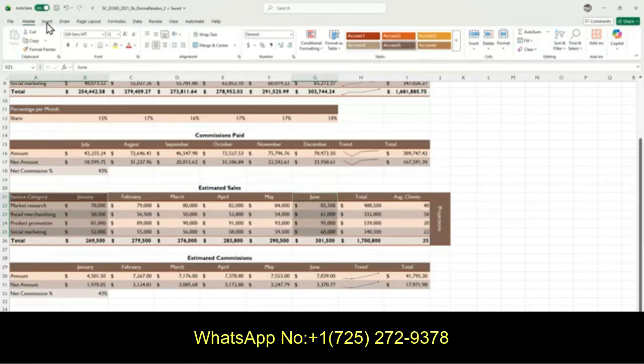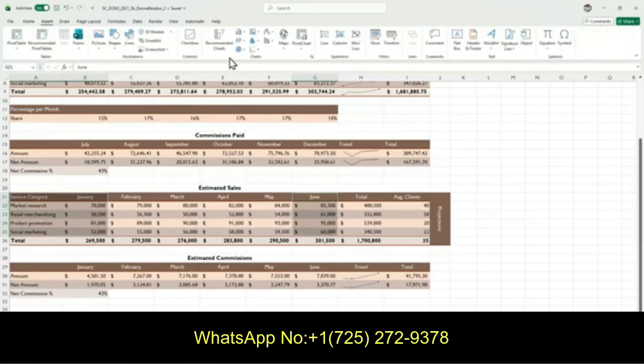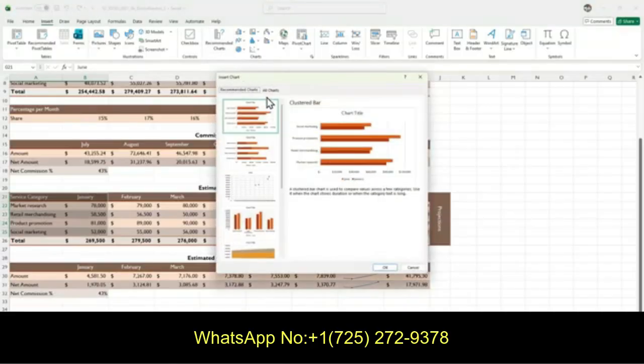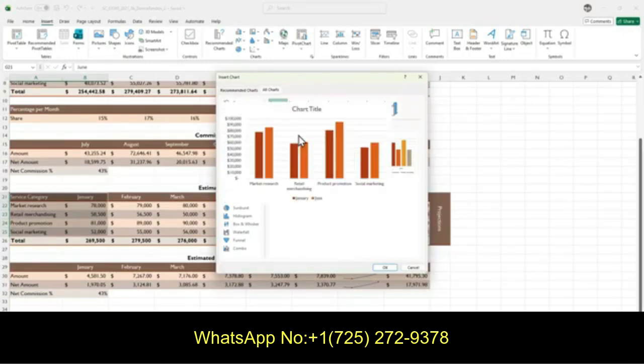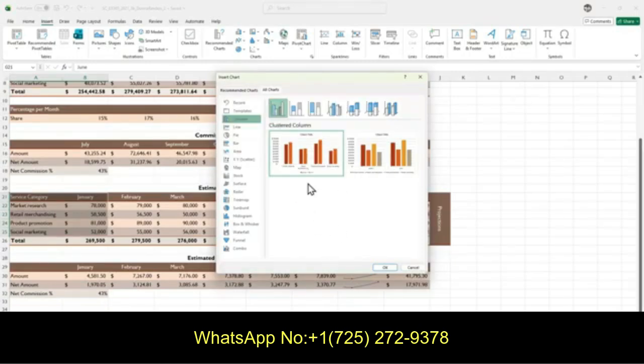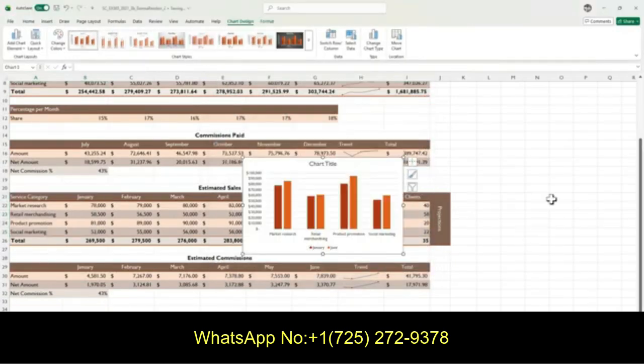And then select Insert, select Recommended Charts, and then select All Charts, and we need the column, right? And look for the clustered column chart, which is actually the first choice here, which is already there. So clustered column, select OK.